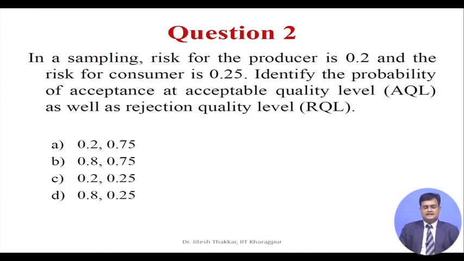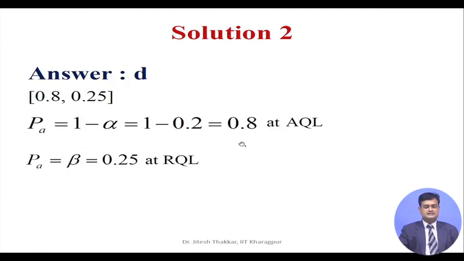Question 2. In a sampling, risk for the producer is 0.2 and the risk for consumer is 0.25. Identify the probability of acceptance at acceptable quality level AQL as well as rejection quality level RQL. The correct answer is D, 0.8, 0.25, and it is easy to appreciate that Pa is equal to 1 minus alpha, that is 1 minus 0.2, so 0.8 at AQL, and Pa is equal to beta, which is 0.25